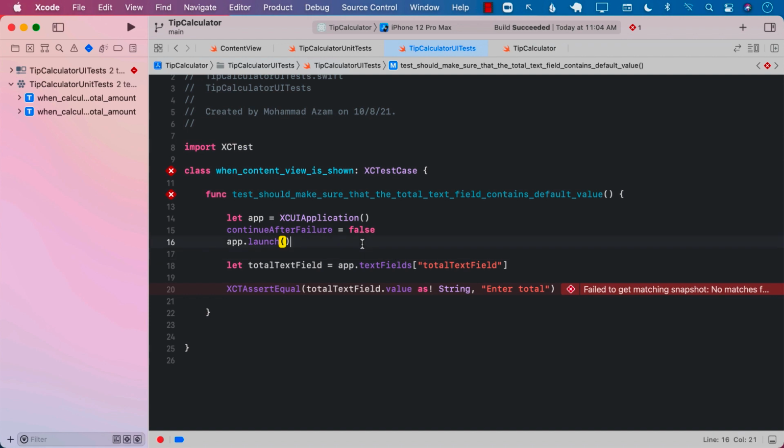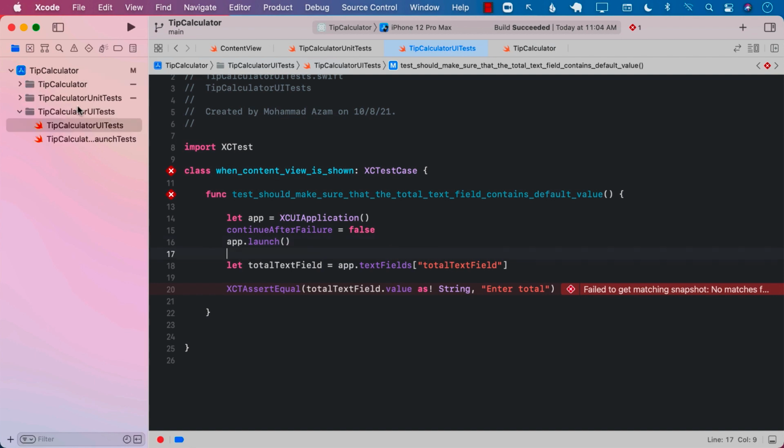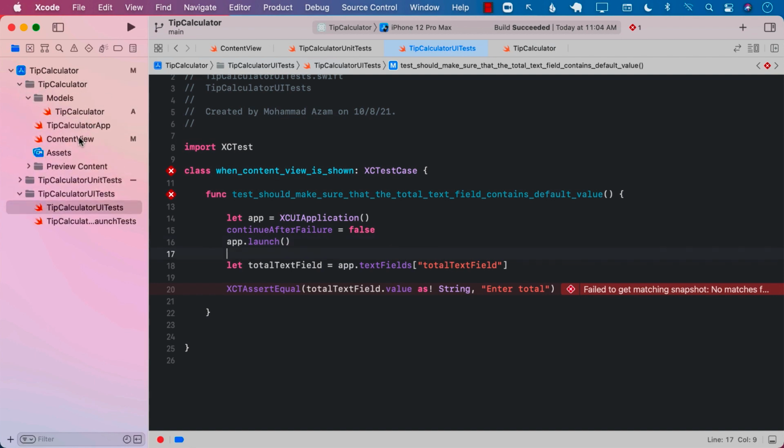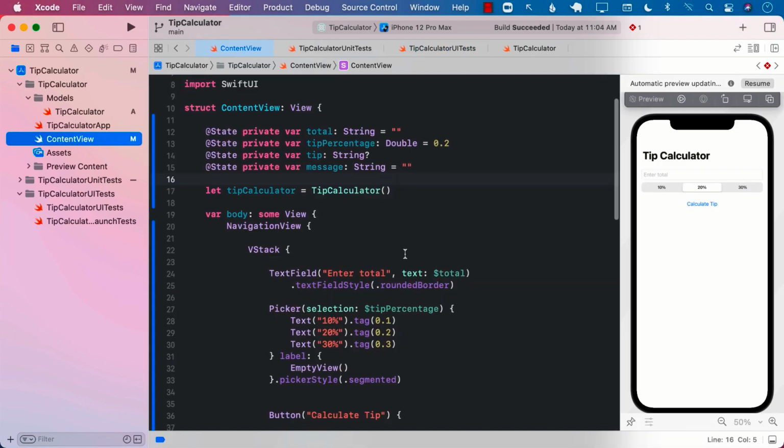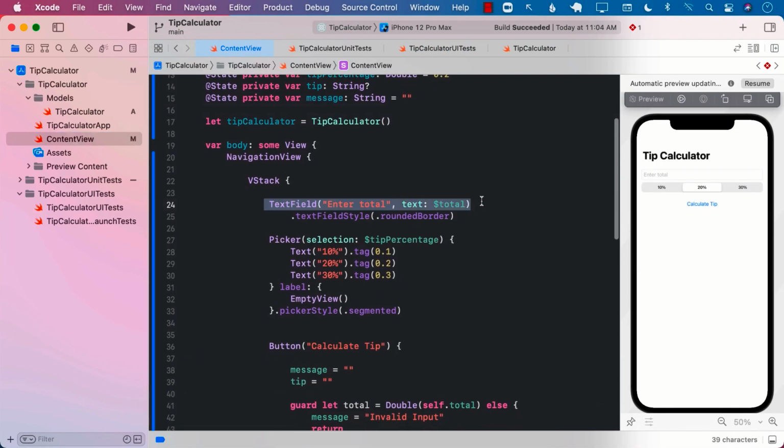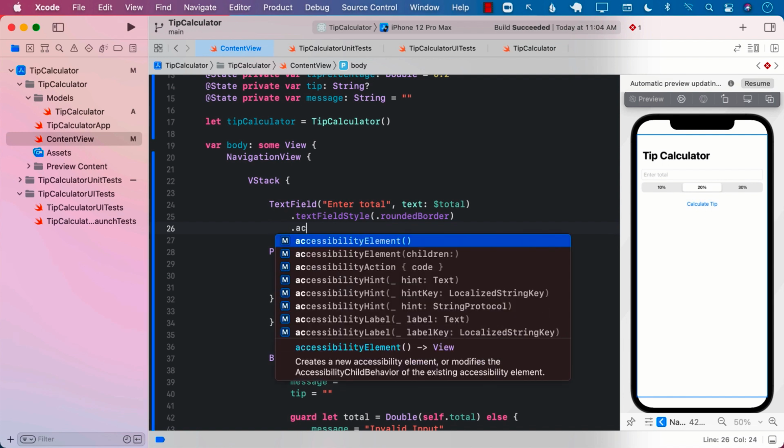So this total text field, the app, which is an instance of XCUIApplication, is not able to find any text field where the ID or anything has been set to total text field. This means that we have to go back to our tip calculator and to our content view and find the text field. Here's the text field. How do I tell that this text field's identifier is total text field? Well, we can use something called accessibility